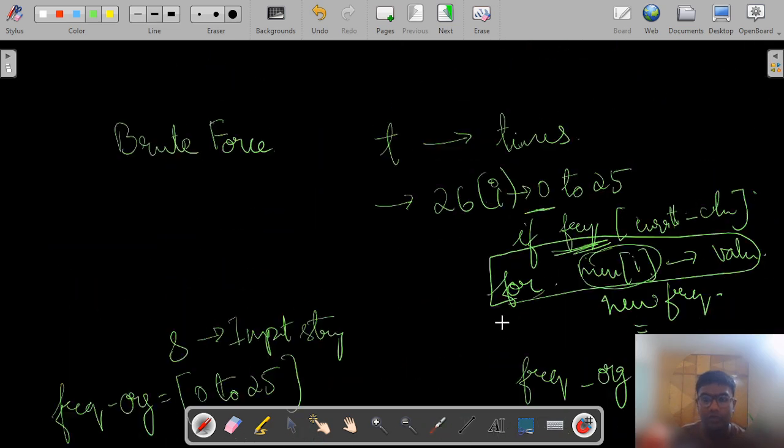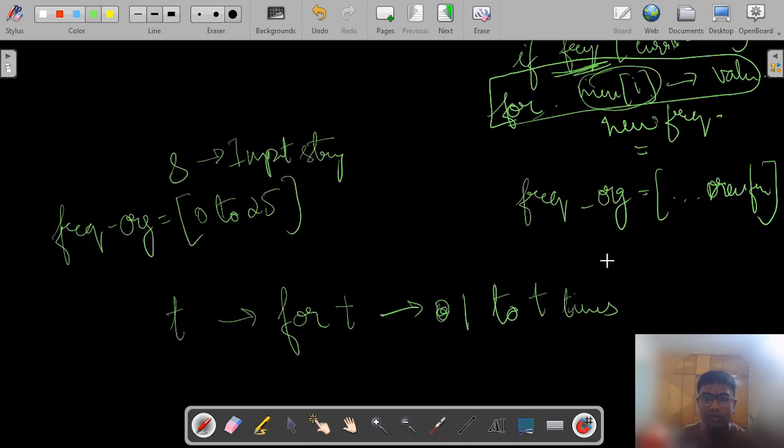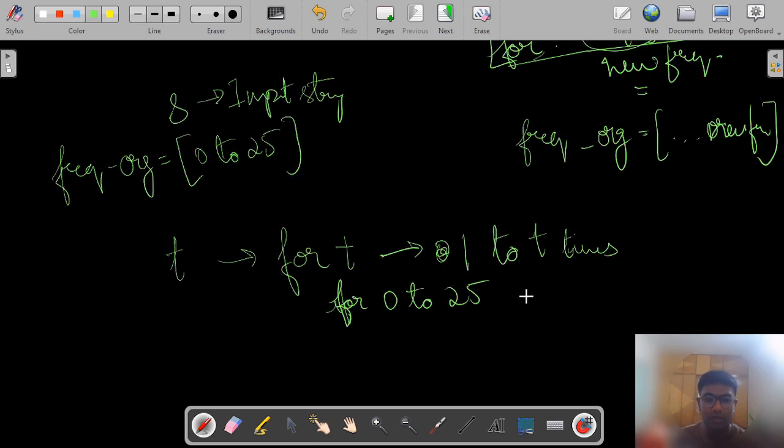So once we do that, we will check, 26 times, 0 to 25 times for each character, and let's say this is I, and if frequency of I exists, that is original frequency, then we